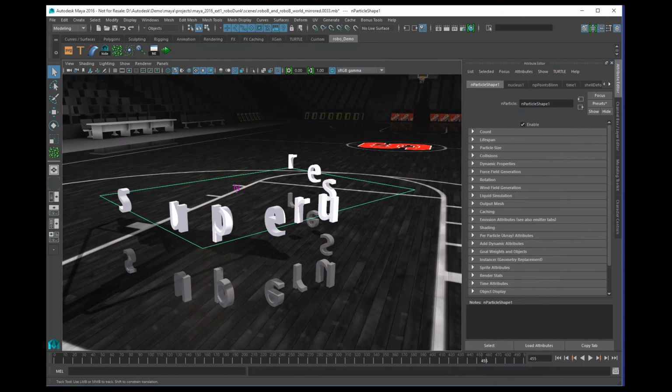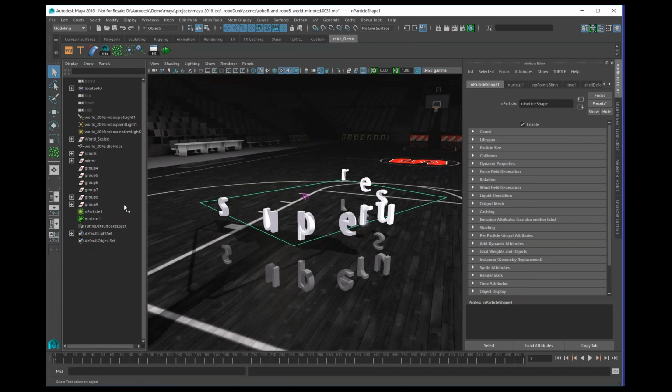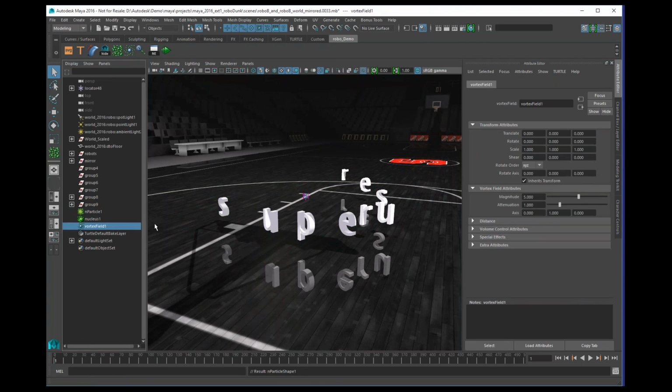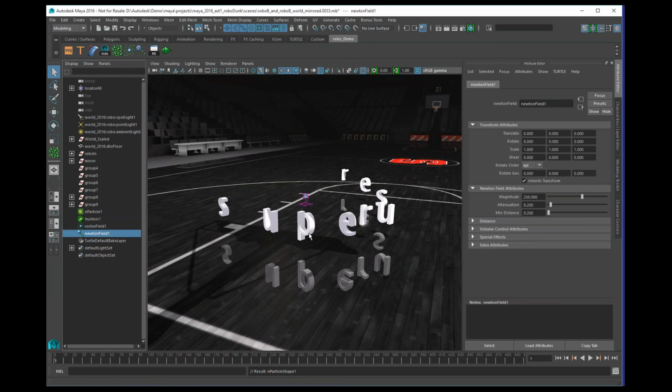And you see the super user word has already moved. The letters have already taken the shape of the particles. And now in my channel box, or in my outliner, I need to identify the particles because I want to give the particles a little bit of a vortex, and I also want to give the particles a Newton field. This Newton field is now for me to grab the whole thing and move it about because the particles will follow the Newton field, and now I can hit my interactive playback,